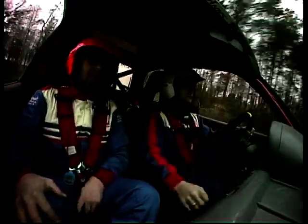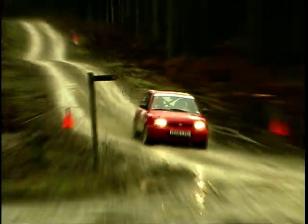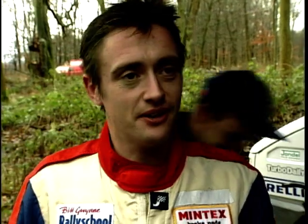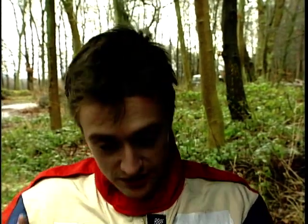Through the last of the 12 stages, the weather was not helping. We were losing visibility and light, and things looked grim. When you're going round, you're just thinking of not crashing, staying on the track. The thing's moving around all the time, even going as slow as I am. From the outside, it probably looks like it's just driving around, but inside, you